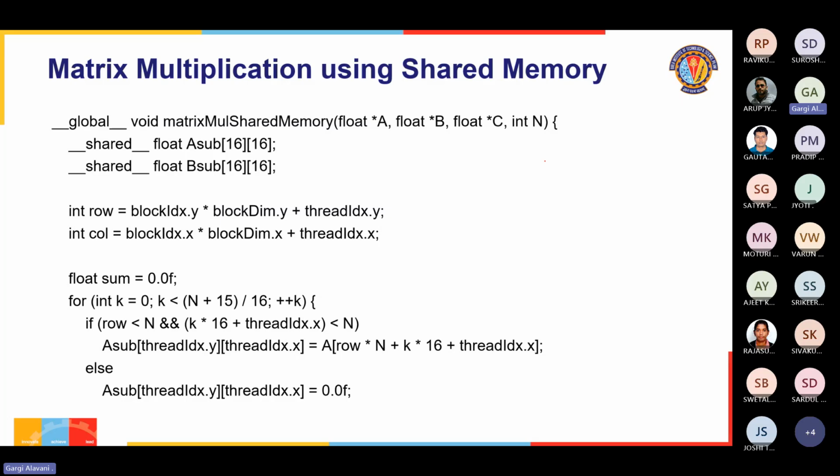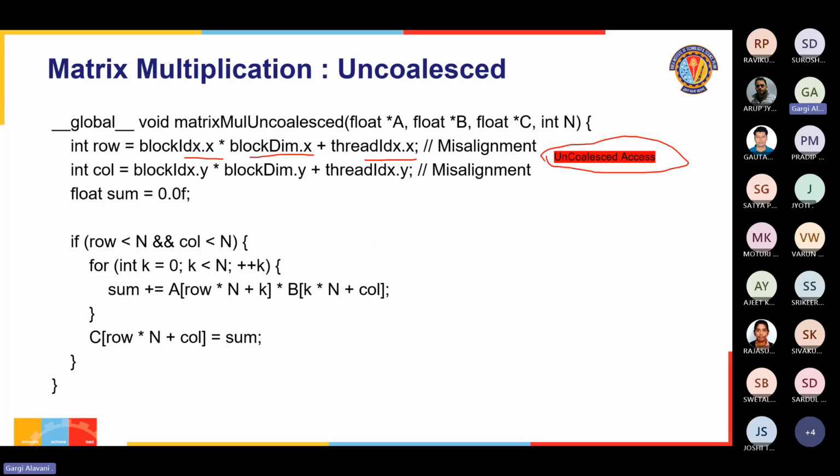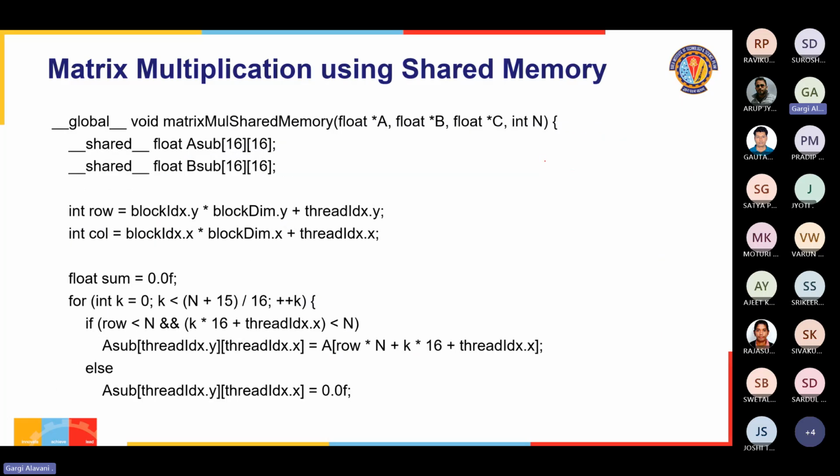The same problem of matrix multiplication, for coalesced and uncoalesced, can be made faster if you use shared memory. The execution time can be better using shared memory because you are not fetching the data every time from the global memory. In that case, what you can do for matrix multiplication using shared memory is create these tiles